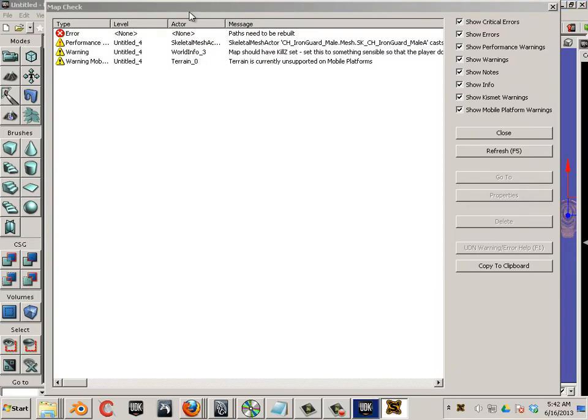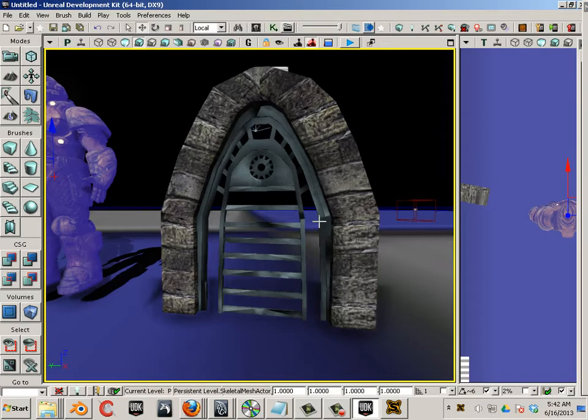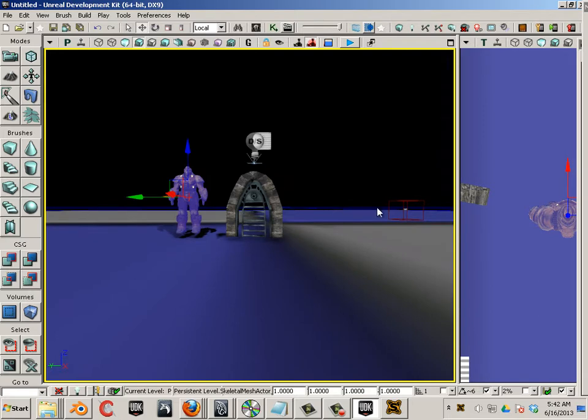Kinds of bad stuff here. We'll address those here in a second. Oh yeah, look at that. Horrible. Absolutely horrible. Okay, so the first thing is you should always have a light mass importance volume, and that